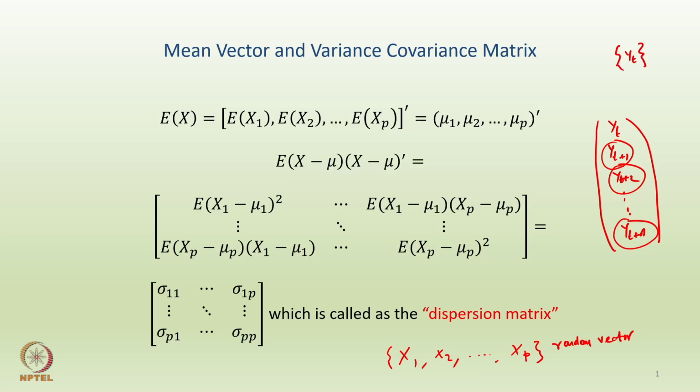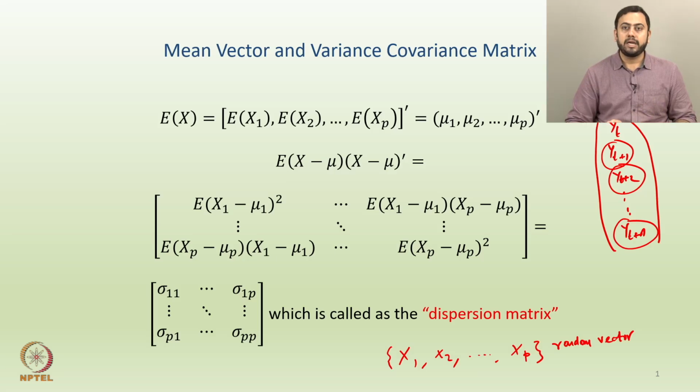Now coming back to the end of last lecture, if you remember, we talked about the idea of a random vector, and then we discussed some basic properties of a random vector. Let's say, how do you define the mean of a random vector or the variance of a random vector and the covariance between elements of a random vector. Now we will try to extend that idea: the mean vector and the variance covariance matrix. Of course, we discussed this last time, I guess.